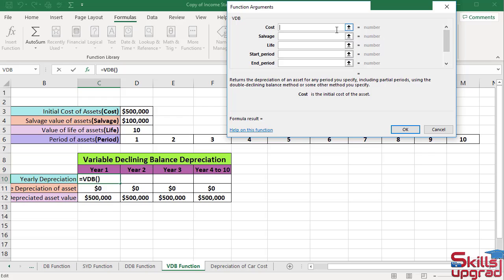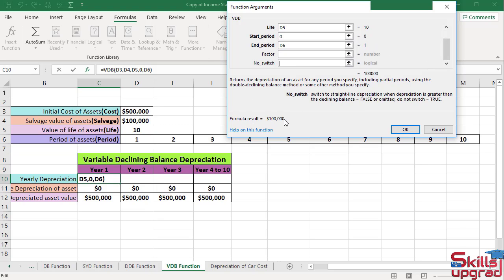In cost box, select this cell reference, press tab key. In salvage box, select this cell reference, press tab key. In a life box, select this cell reference, press tab key. In start period box, type 0. Press tab key. In end period box, select this cell reference, scroll down. Formula result shows